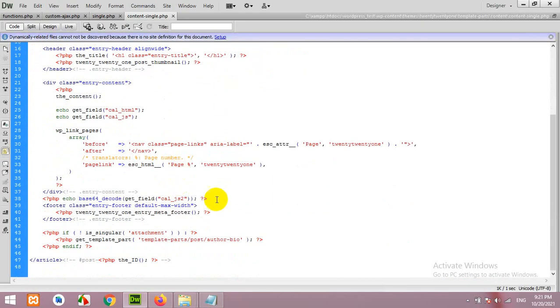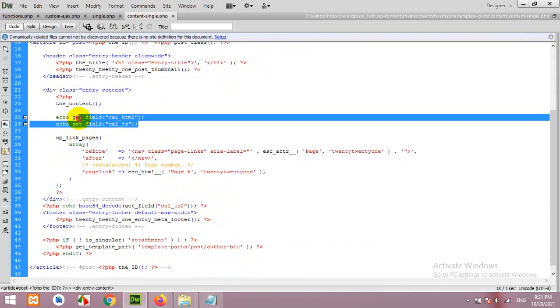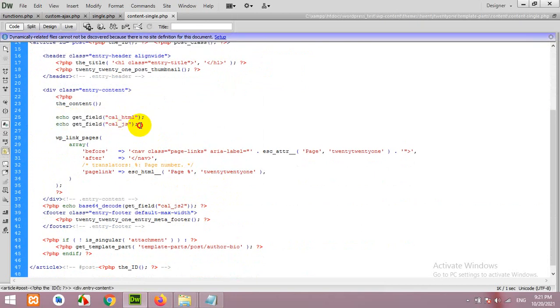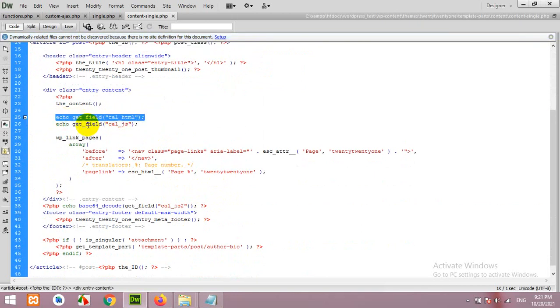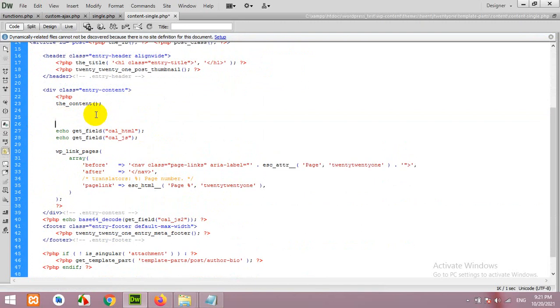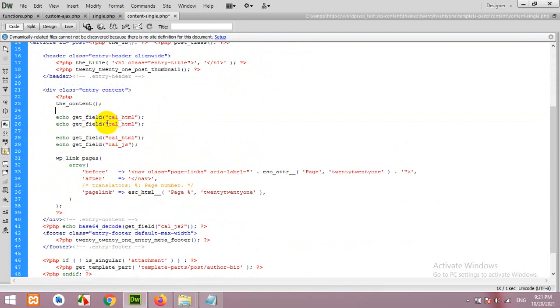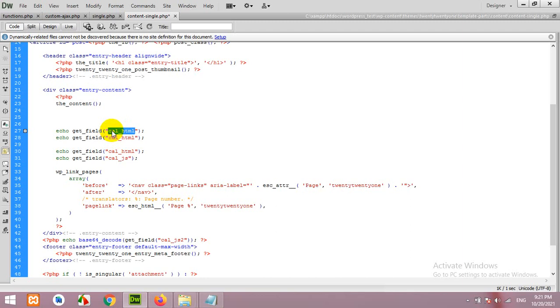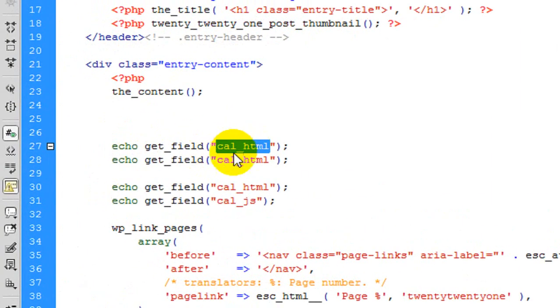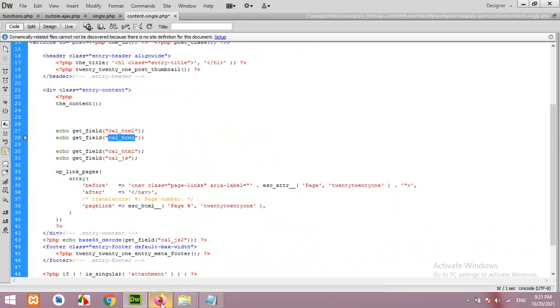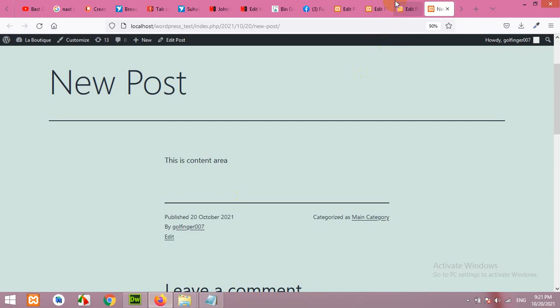Now here you can see that two fields are already added. Now I will add the two fields which I just made. Okay, now in place of these names, I'll replace them by the names I gave to my custom fields.